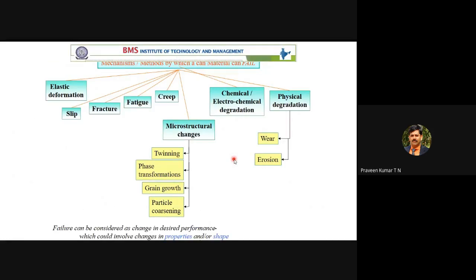Then when you come to the fundamentals of fatigue, being a mechanical engineer, you have to remember there are 3 types of failure. One is failure by fracture, one more is failure by fatigue, one more is failure by creep. Fracture you can understand from the specimen. There is a difference between fracture and fatigue.